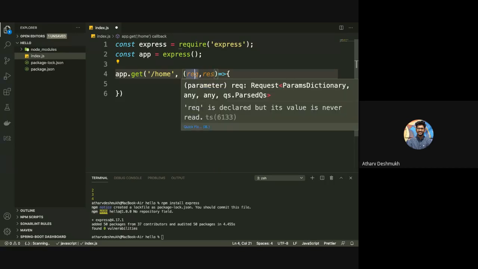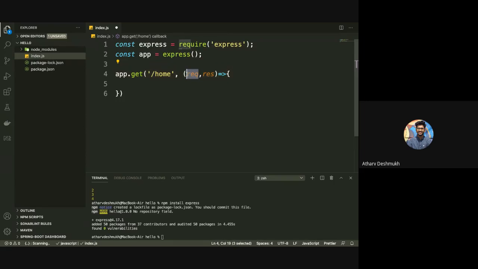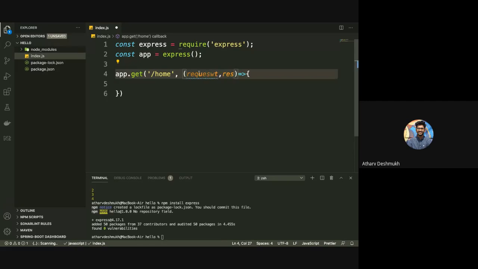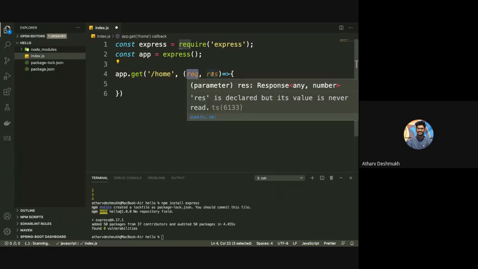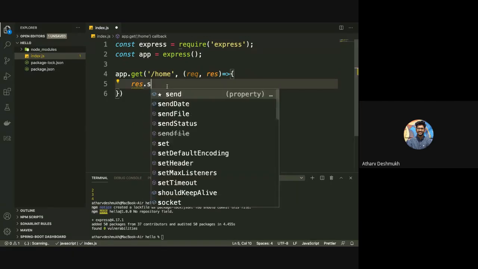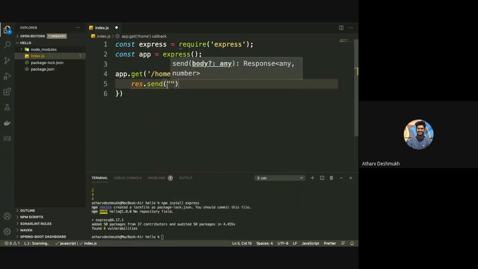Any request coming from the browser is in this request. It is not a keyword. You can change the name here as you want, like I can write request or any other parameter name, but for a standard understanding we use req and res. Any request will be in req, and any response we want to send will be in res. And right now if a user enters /home, then I should send him some message like hello programmer, let's say.